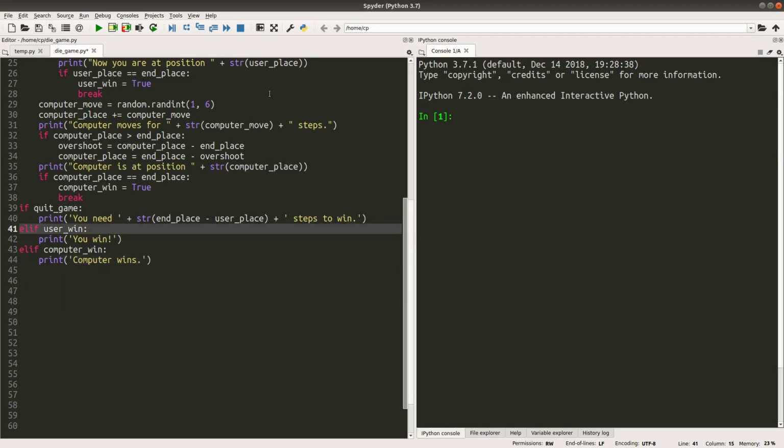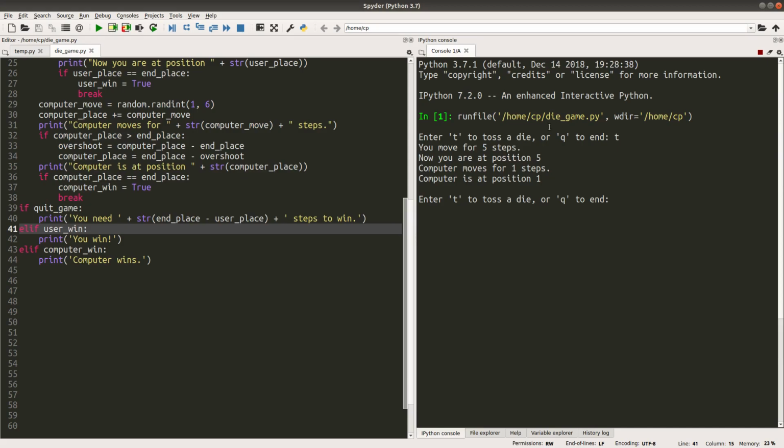Okay, let us see the running result. Toss. So the steps for me would be 5, so the new position would be 5. Okay, and the computer moves for 1 step only, so the computer position is 1. So I'm leading the game. I'm a bit closer to the finish line than the computer. Toss again. Now the position for me and for the computer will be updated.